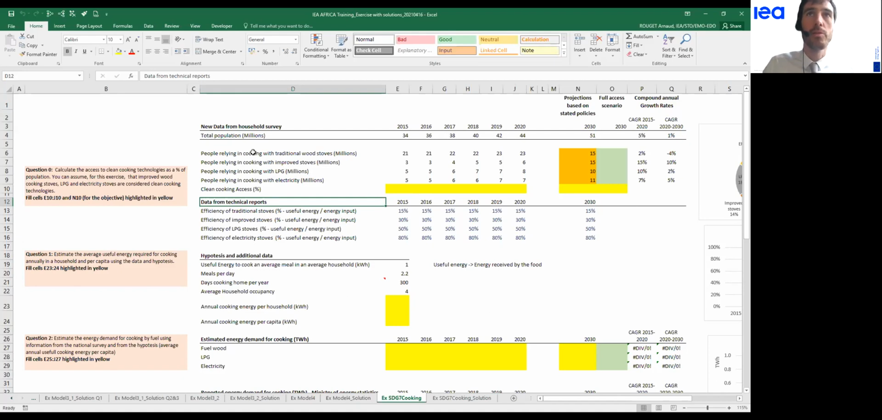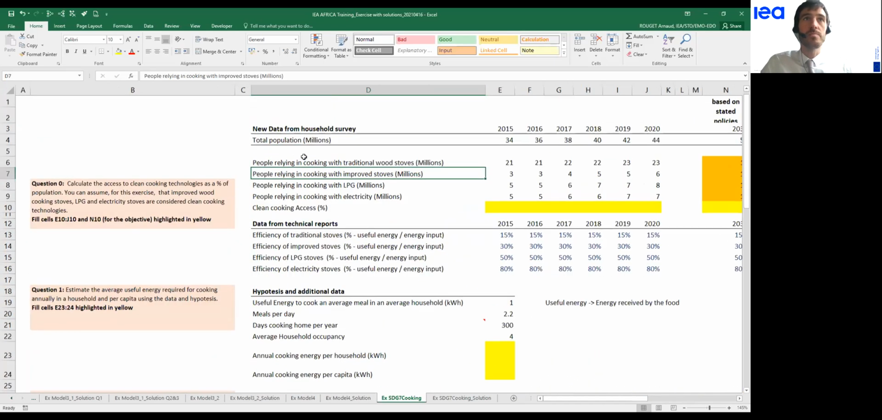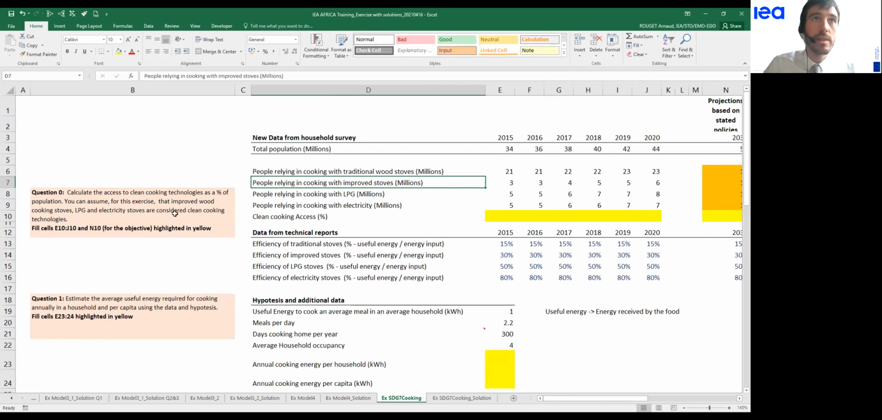So we are able to estimate how many people in the country are primarily relying on traditional wood stove, on improved wood stove, on LPG, on electricity. And the first question that you were asked is, calculate the share of the population which has access to clean cooking. This is an indicator that you might have to report under the SDG 7.1.2